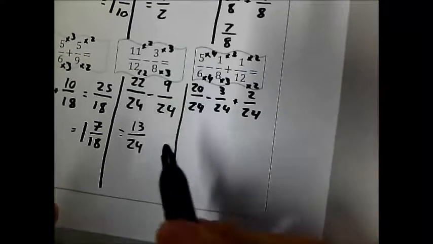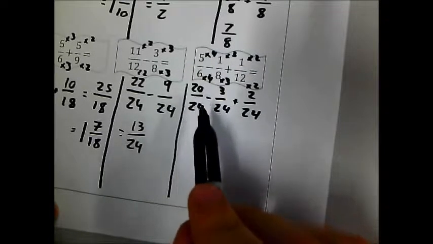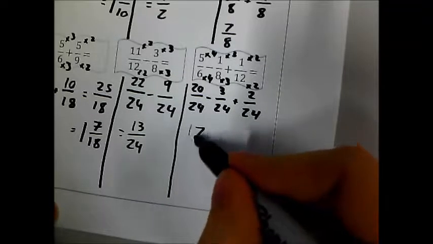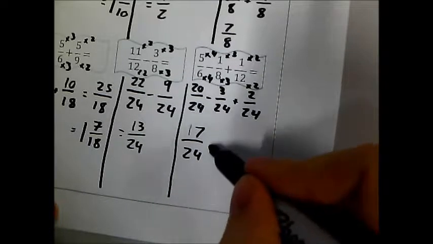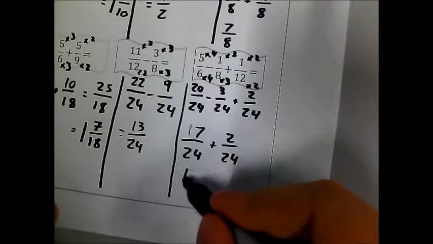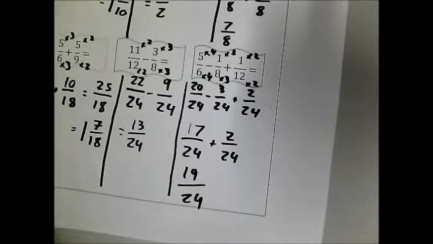Now, 20 over 24, take away 3 over 24, that's 17 over 24, add 2 over 24, gives me 19 over 24. And that is your homework